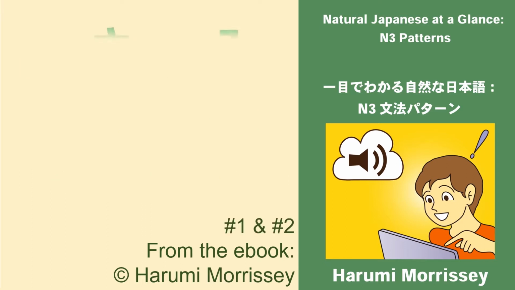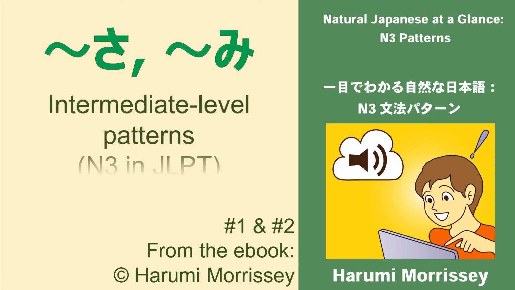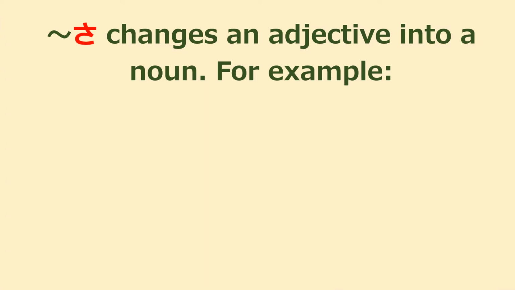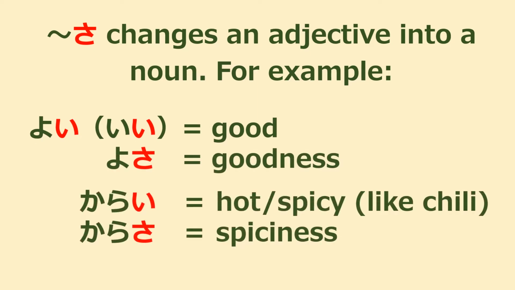This video explains 2 Japanese patterns using sa and mi. These are intermediate level patterns and both of them turn up in the N3 grammar section of the Japanese language proficiency test. Sa changes an adjective into a noun. For example, 良い、良さ、辛い、辛さ。